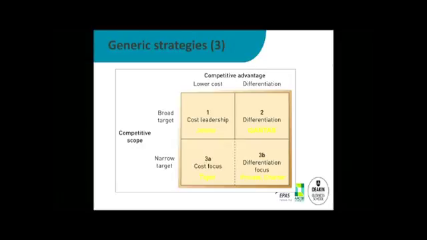If your scope is big, you want as many customers as possible, and you're a cost leader, then you're a company like Jetstar, which tries to be like a cheap version of Qantas. It says, we'll fly everywhere, but we're cheap. That has a consequence if you compare that with the other airline in this, which is a narrow target, Tiger.